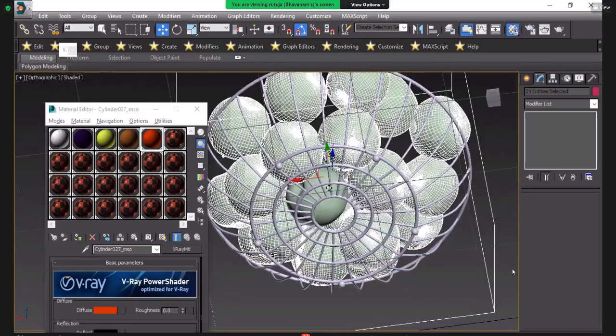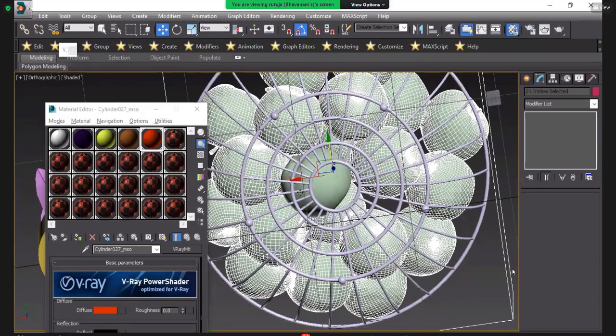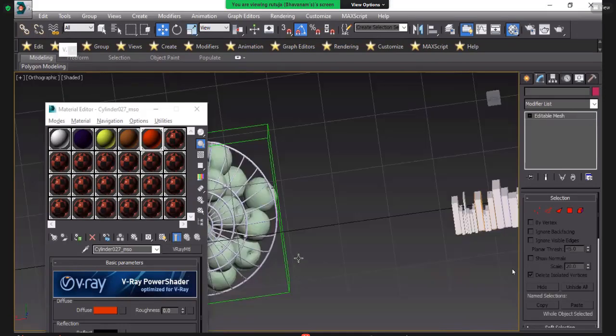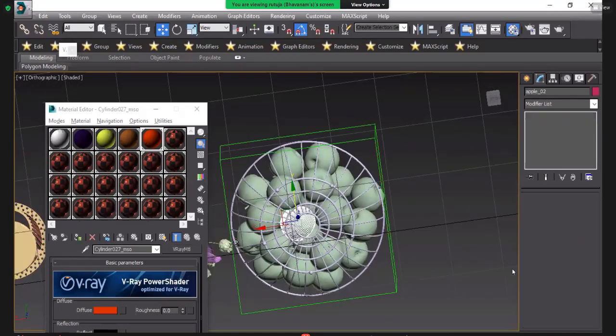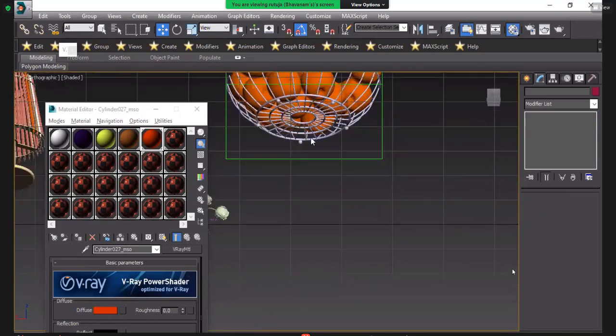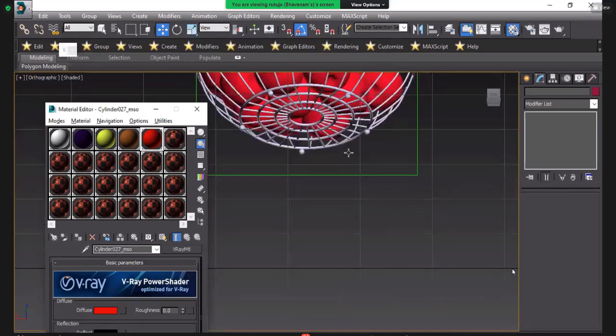That's why you need lots of patience here. Okay, it will definitely be time consuming, but you need to take patience. I will take red color.